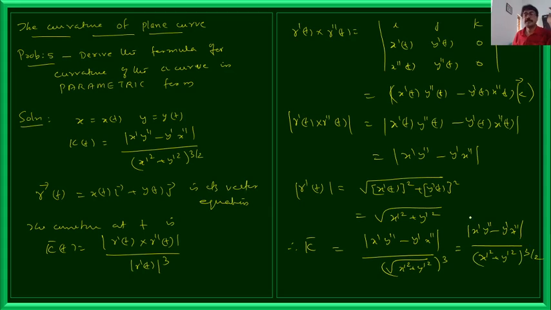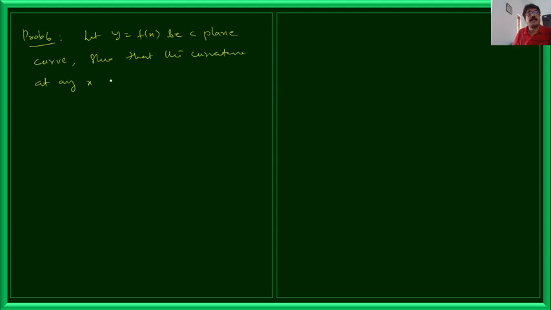Now let us derive another formula. This is problem 6. That is, let y is equal to f of x be a plane curve. Show that the curvature at any x is given by kappa of x is equal to